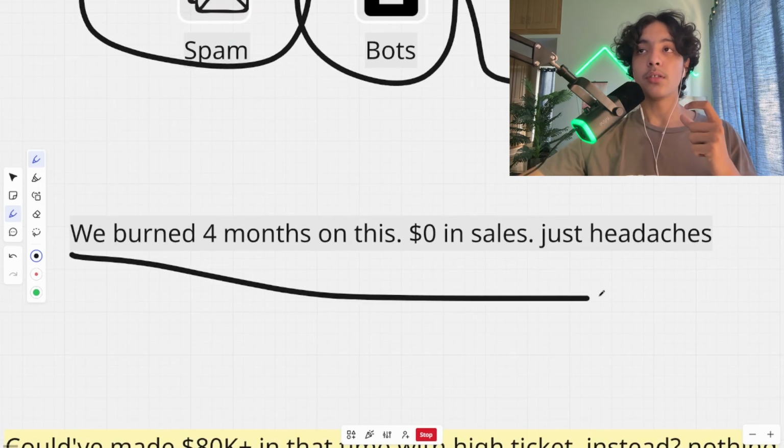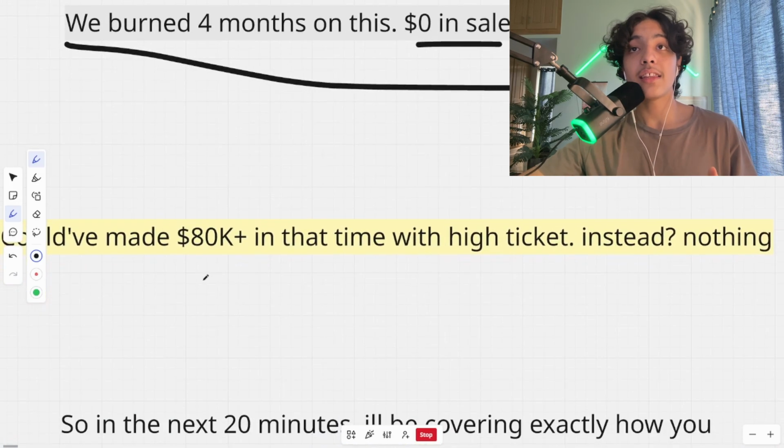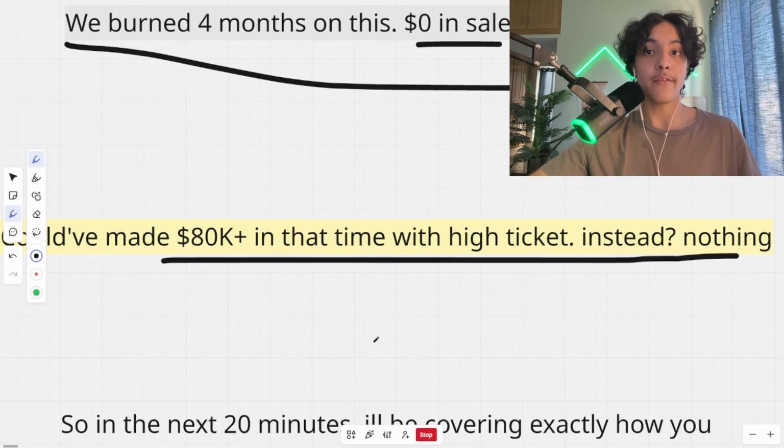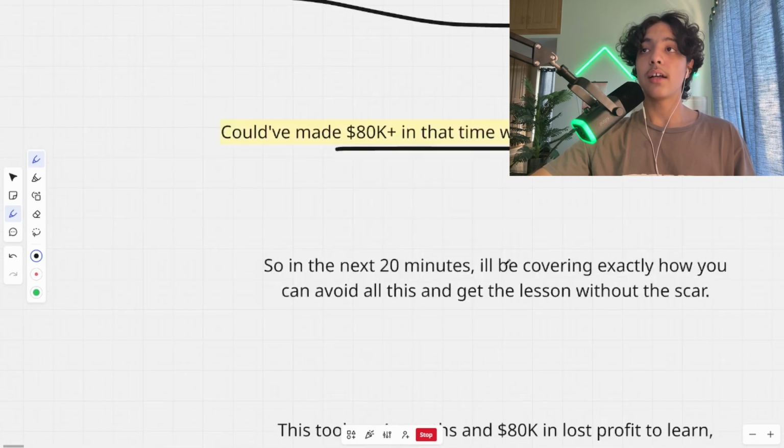And we burned 4 months on this. Well, the client burned about 4 months on this with $0 in sales, just headaches, trying to fix this funnel. We could have made $80,000 plus in that time with high ticket, which is the average. Instead, we got nothing. So in the next 20 minutes, I'll be going ahead and covering exactly how you can